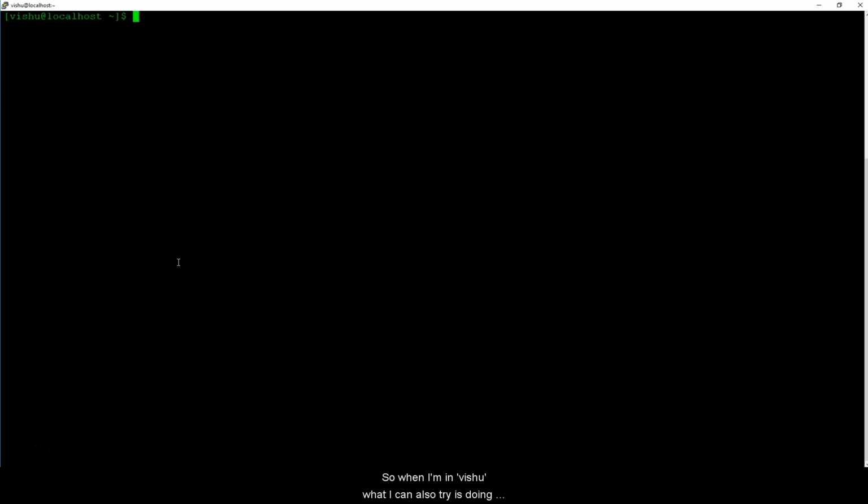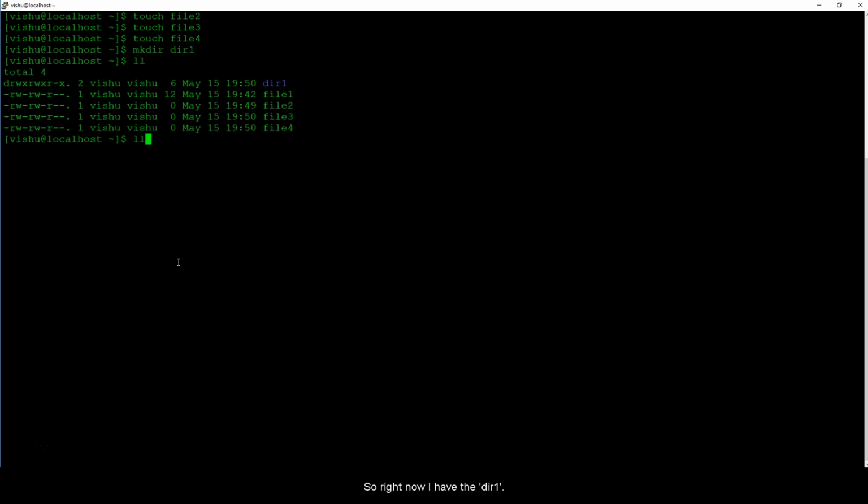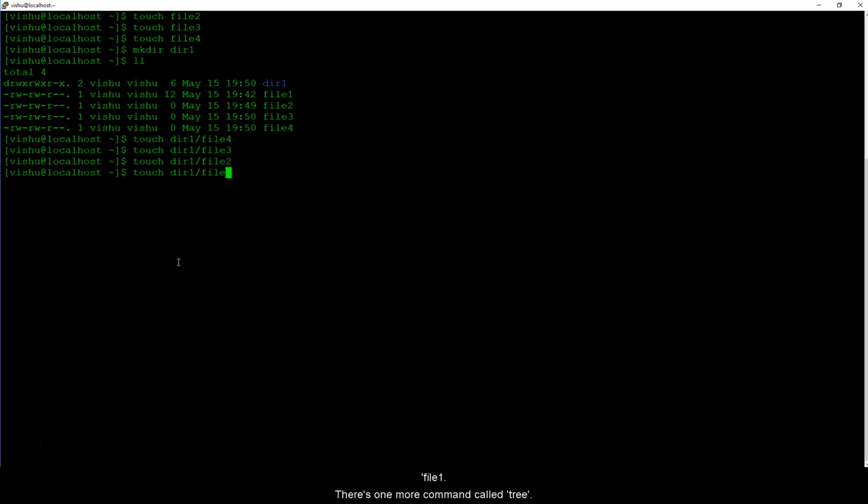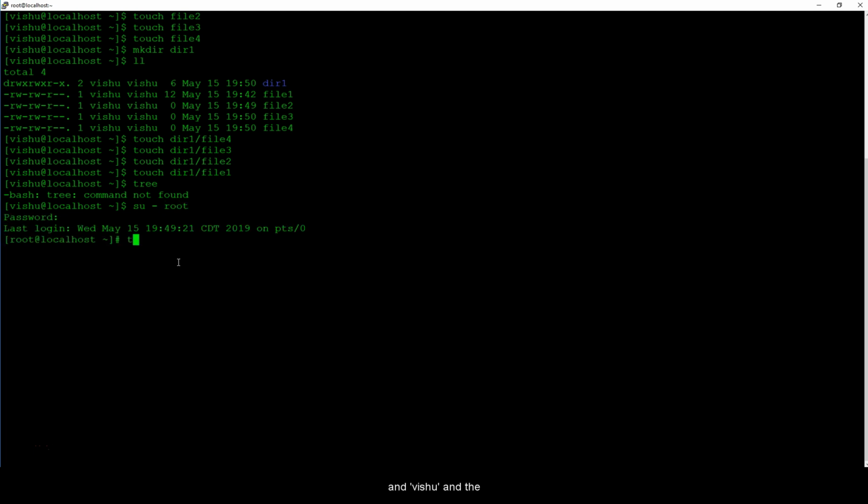So when I'm in Vishu, what I can also try is doing touch file 2, touch file 3, touch file 4, and I'm going to do a mkdir dir1. So right now I have dir1, so I'm going to do touch file 4. I'm going to put this inside dir1, and I'm going to put file 3, file 2, file 1. There's one more command called tree, which will, oh, tree is not installed. So I can do su minus root and Vishu, and the tree command